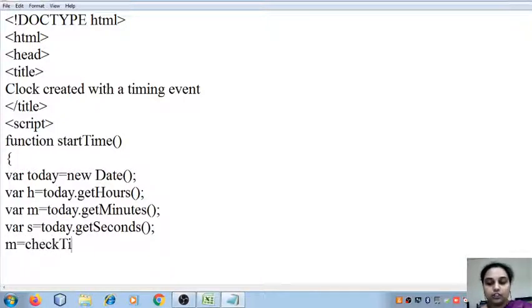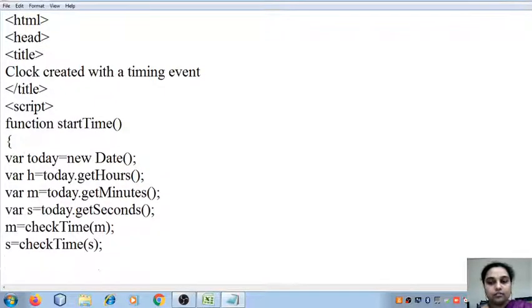Alright, now I'm going to check the time. So I'm going to write check time minutes, that is the minutes what we have passed. Then s is equal to check time s. Alright, then I'm going to display this on my screen. So I'm going to write document dot get element by id